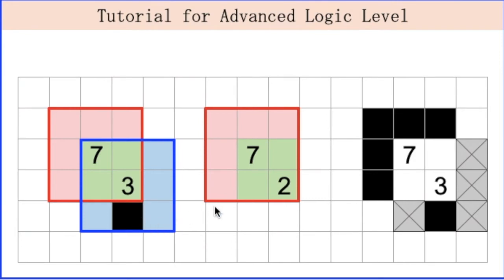So again, we're trying to find if 2 black spaces will be in the overlapping area, because we already have one here. 2 more. So let's just look at the 7 only. Even though this is 3 here, when you're looking at just the 7, this is actually a 2, because we are actually looking for 2 black spaces in this area. And in this case,